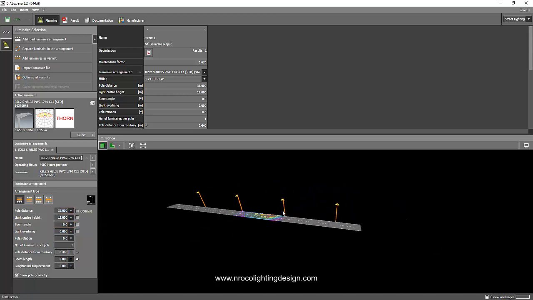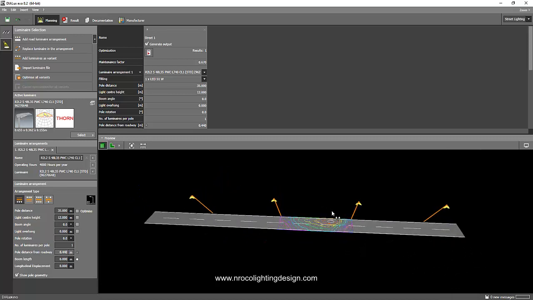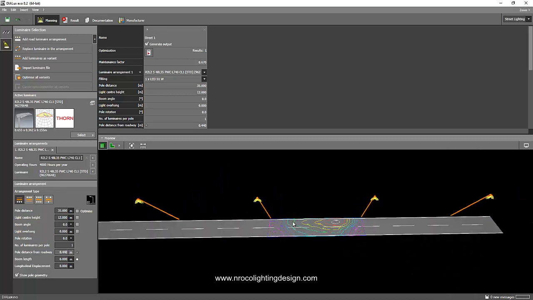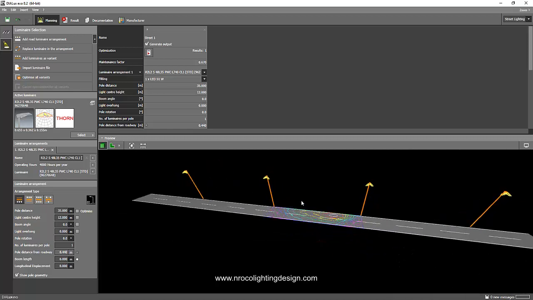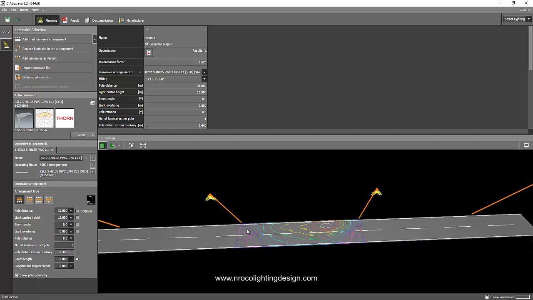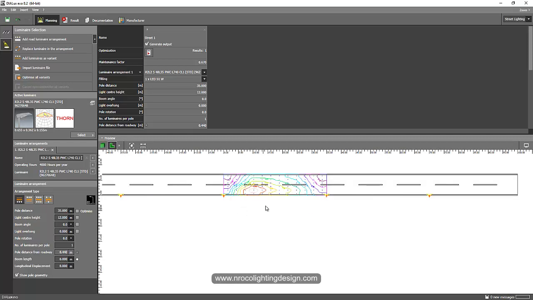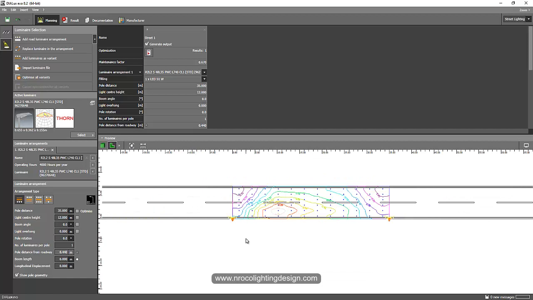All you need to do, because the calculation for the 1,000 meters is so typical if you put it into, say, 100 meters or 50 meters. Or even here, because see, the calculation surface is up to the pole only. If you go to the plan view, see, the calculation surface is up to the pole.